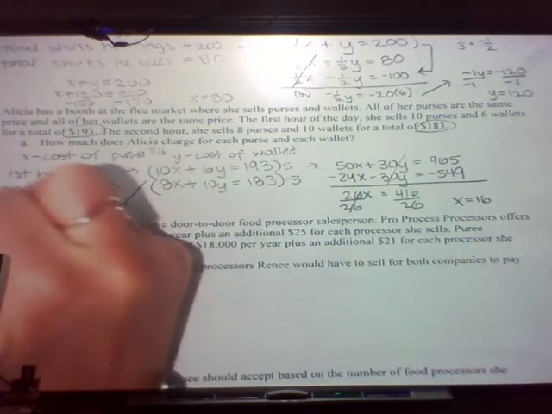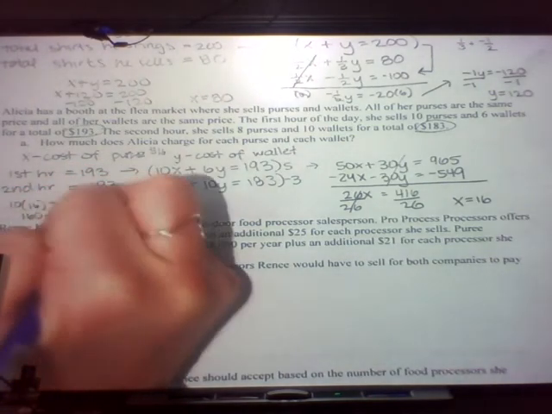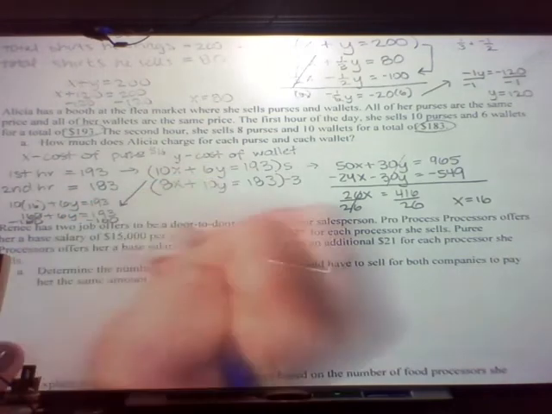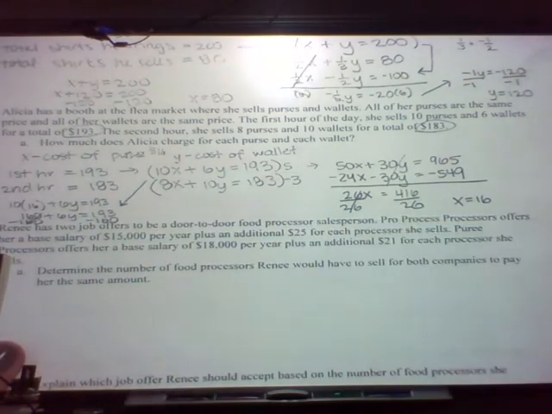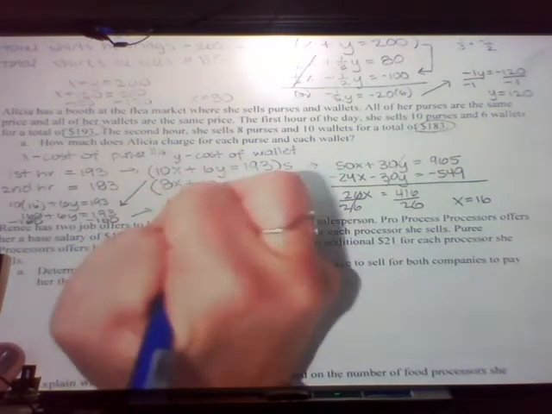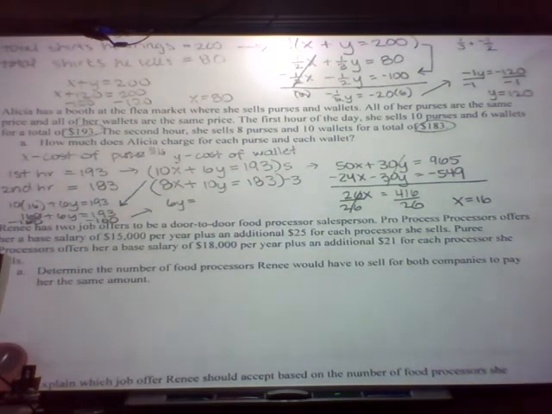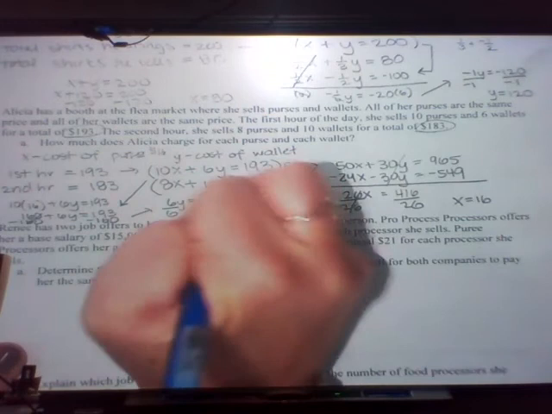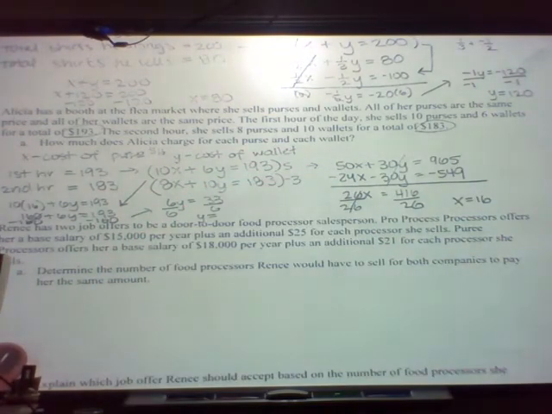This is 160 plus 6y equals 193. Subtract 160, and get 6y is equal to 193 minus 160 is 33. Divide both sides by 6, and y is equal to,